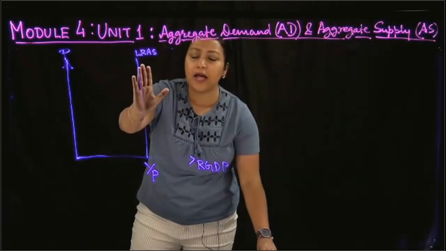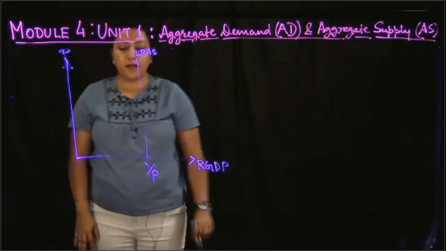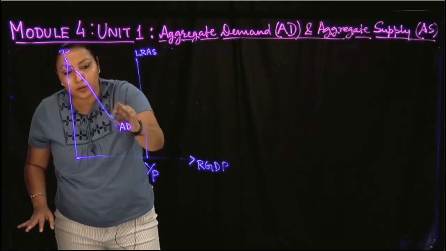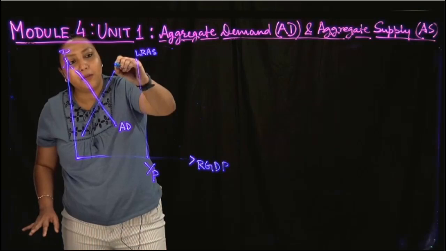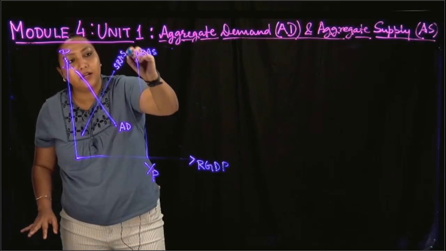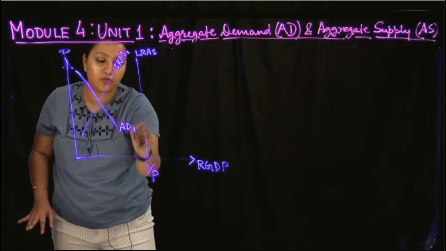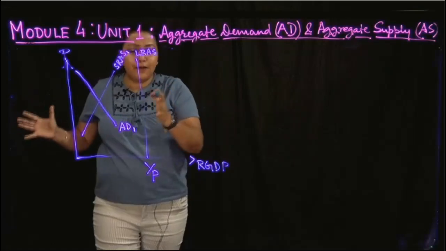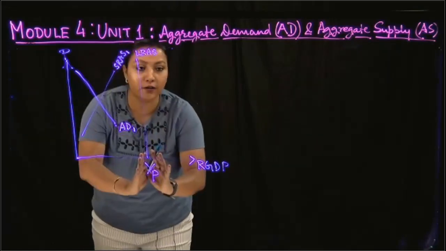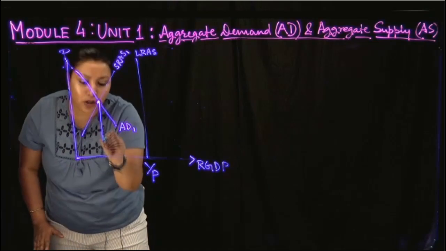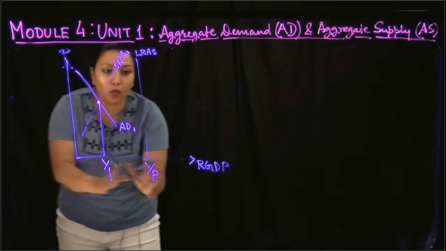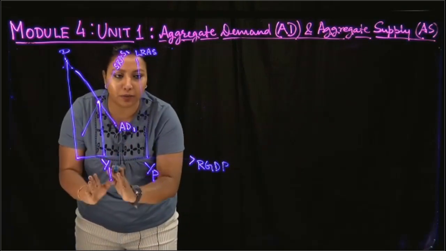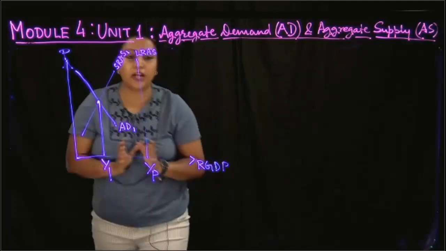Now in reality, in this current accounting period, in the short run, there are two possibilities for your economy. Your economy could lie on the left hand side of the long run aggregate supply. That means you could have your aggregate demand curve like that, your downward sloping AD curve, and you have your upward sloping short run aggregate supply curve like SRAS1. Let's call this AD1. This is a possibility for the economy. It could be lying on the left. That means the country is falling short of its target. In other words, your actual real GDP is Y1, where Y1 is less than your potential. So you have an actual real GDP of the economy which is less than the potential real GDP.